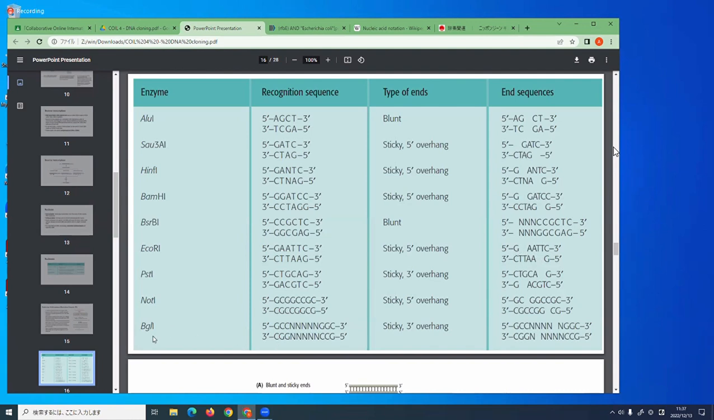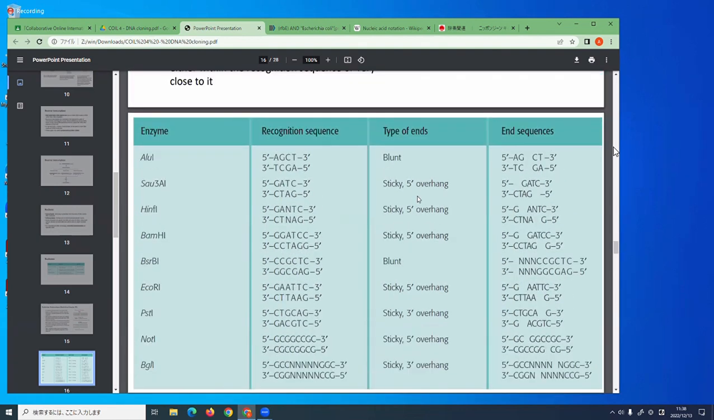Other than that, like BGL1 here, you have Ns, right? Ns over here. This is because at this location, it's a variable. You can bind anything there, and it will only recognize the GCC and the GGC at the far end, but not in the middle. So you can cut anywhere in the middle, right? So for this case, it will still produce an overhang. So overhang and blunts are